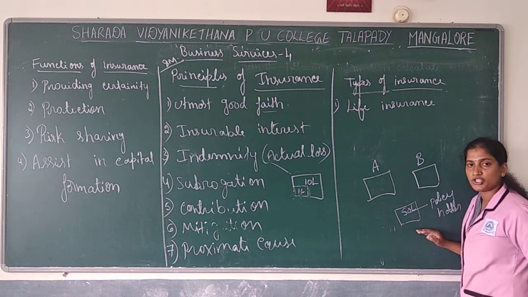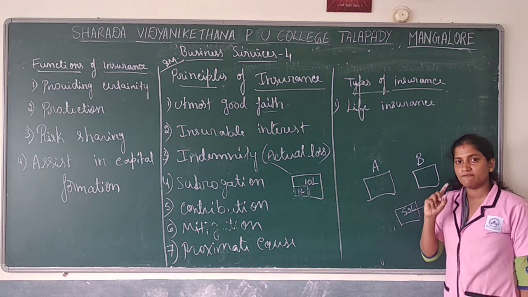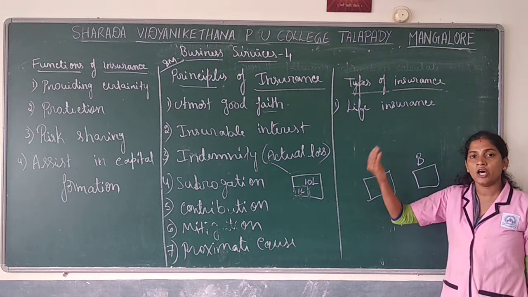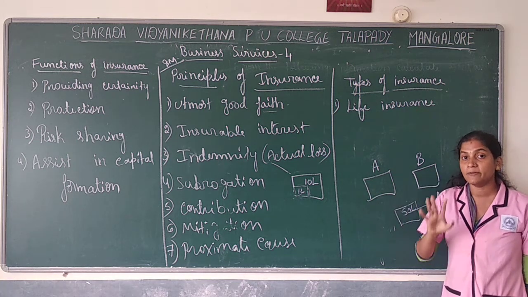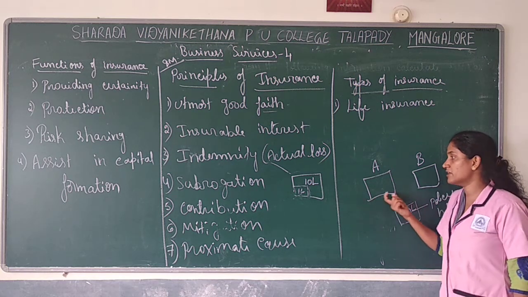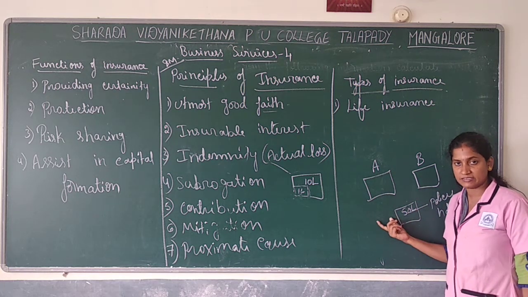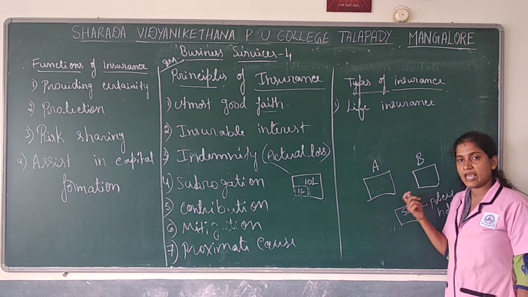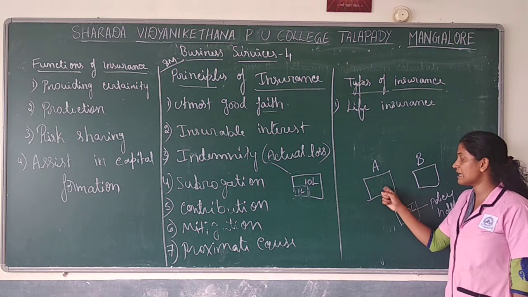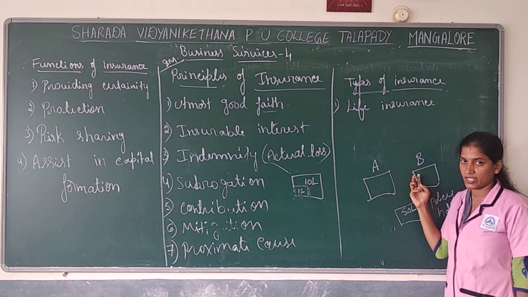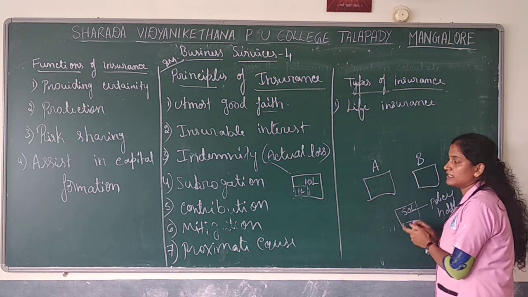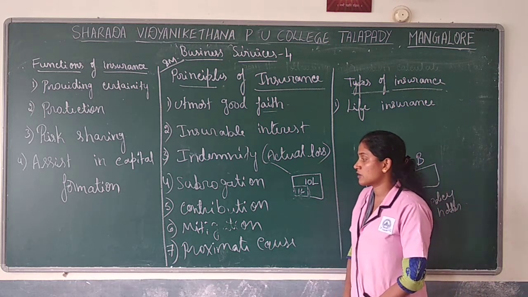So, what is contribution? If a person takes an insurance policy from 2 or more companies, he can cover losses from either one company or the other company, but he cannot make a profit. He cannot cover the full amount from both companies, like 50 lakhs each. Or else he can cover proportionately from both the companies. To get 50 lakhs, it can be 25 lakhs and 25 lakhs also. So that is contribution, contributing from company A and company B. That is what is called the principle of contribution.